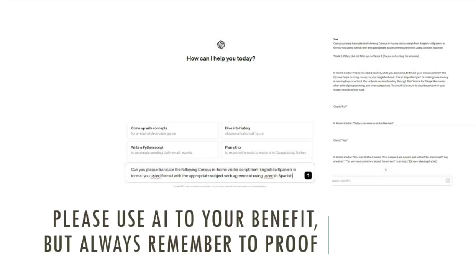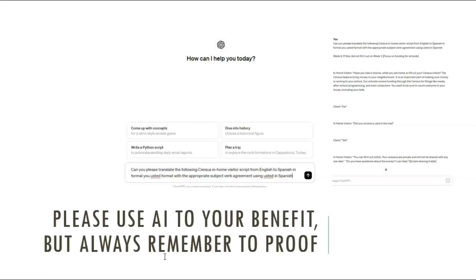For those of you that are not very familiar, there's a text box and you write a prompt to it as if you were talking to a person, with lots of details. The more detail you can give the artificial intelligence machine, the better. So in this case, for my other class right now, I have an assignment for BA 131. Some of you are in BA 131 business interpreting. The assignment is to translate a census in-home visitor script. And I put the prompt here,